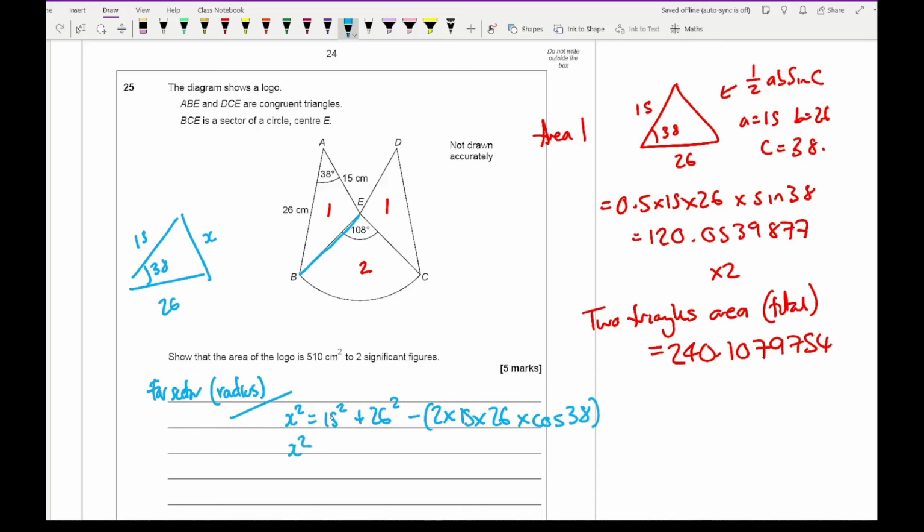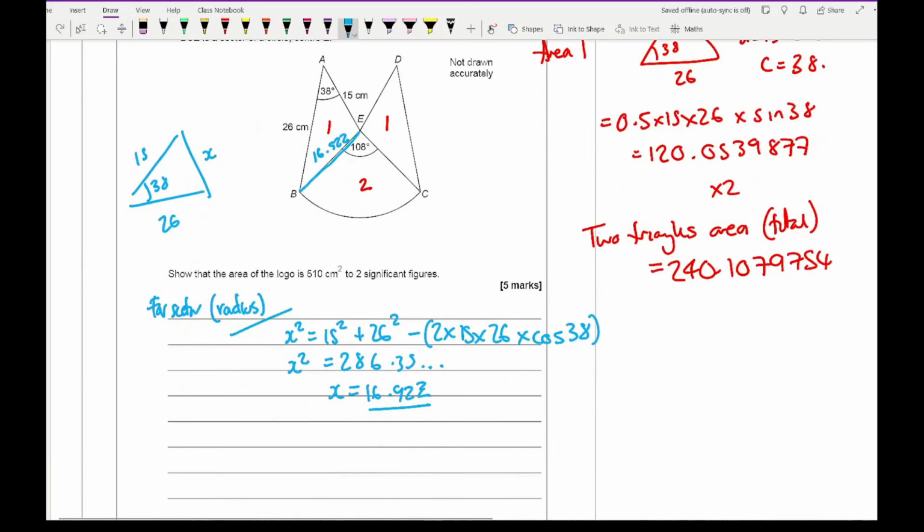So x squared equals, I'll just quickly type that into my calculator. It gives me an answer of 286.35 and so on. I just square root that answer. It gives me x equals 16.922 to 3 decimal places. So this length here is 16.922. Then working out the area of the sector,